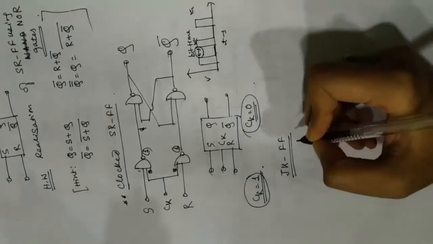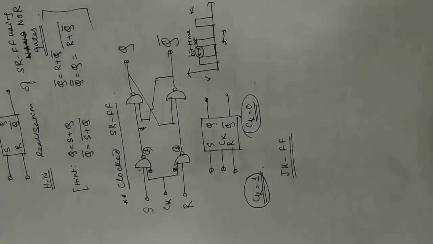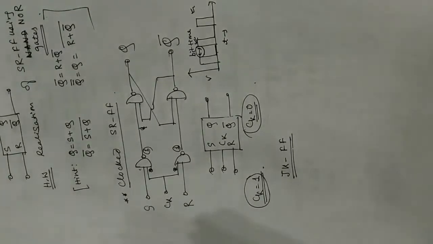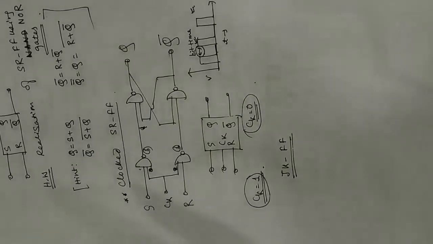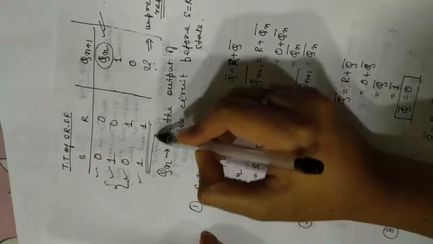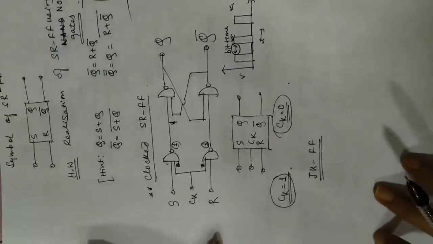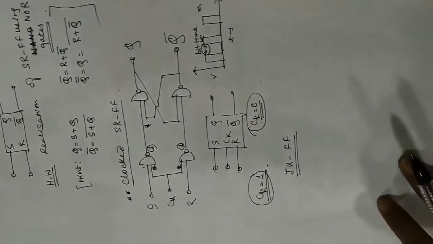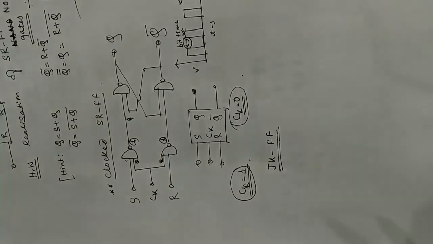Okay, so as we progress, we'll see everything has a reason. First we had our SR flip-flop, but then we had the problem of arrival of the input signals at a particular point of time. So we have included the clocked SR flip-flop. Now why are we moving on to the JK flip-flop? We are moving on to the JK flip-flop because we have seen in the case of the SR flip-flop, this state is not allowed. Now this is the problem of the SR flip-flop. The S equal to R equal to 1 state is not allowed. So we want to improve that in the JK flip-flop, right? So now let's see how a JK flip-flop looks.